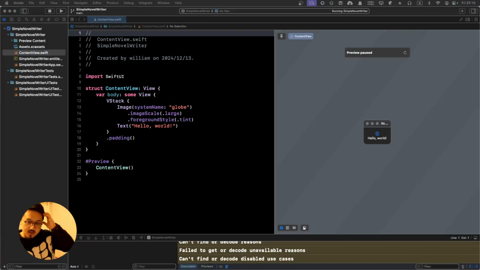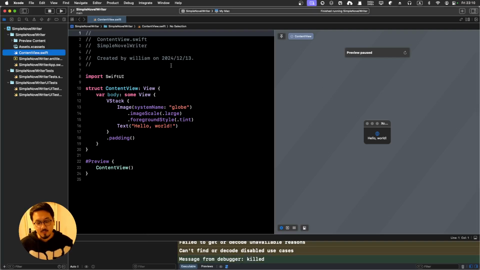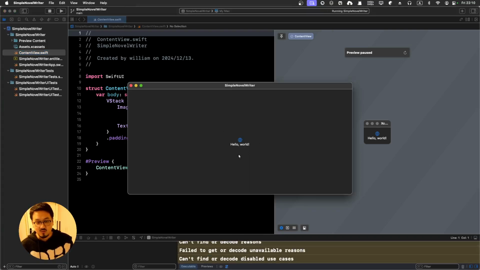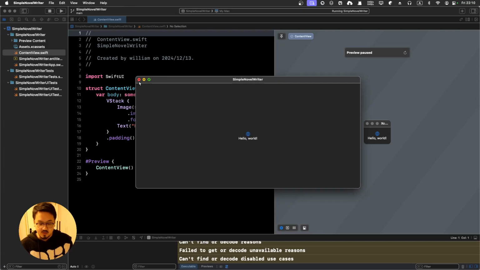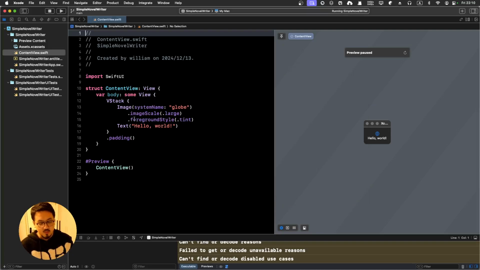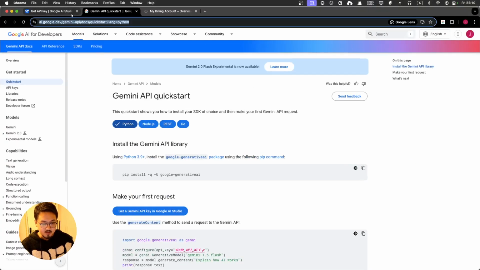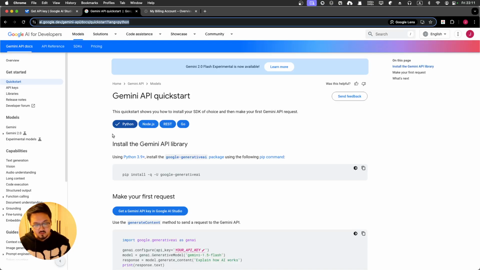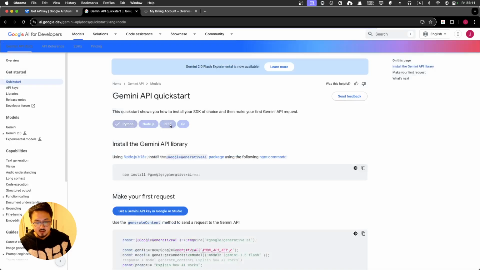Alright, I did two things while this video was paused. First, I tested the simple project that I created. I built Simple Novel Writer, and voila, we got this hello world message running on my Mac. That's pretty good. Then I browsed through the documentation. There's a quick starter guide, and it's pretty helpful. It has demonstrations using Python, Node.js, and REST API. I think REST API